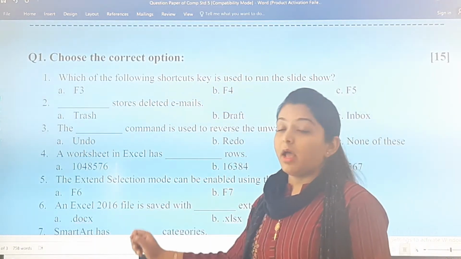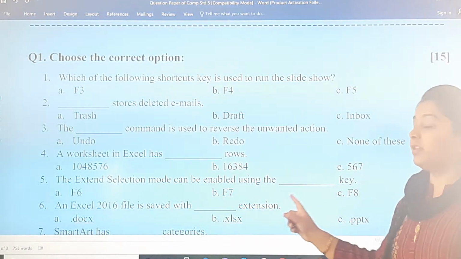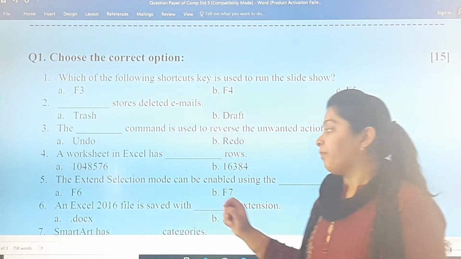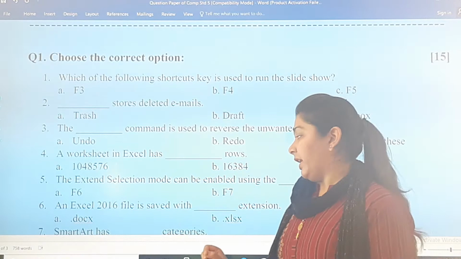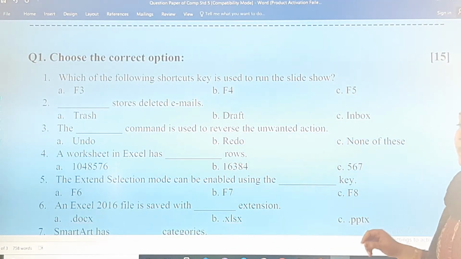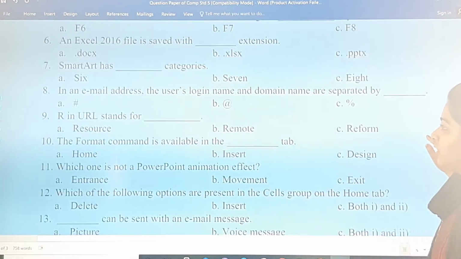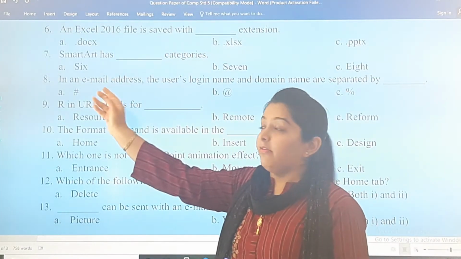The sixth, an Excel 2016 file is saved with dash extension .docx, .xlsx or .pptx. Moving on to our next question, that is question number 7.